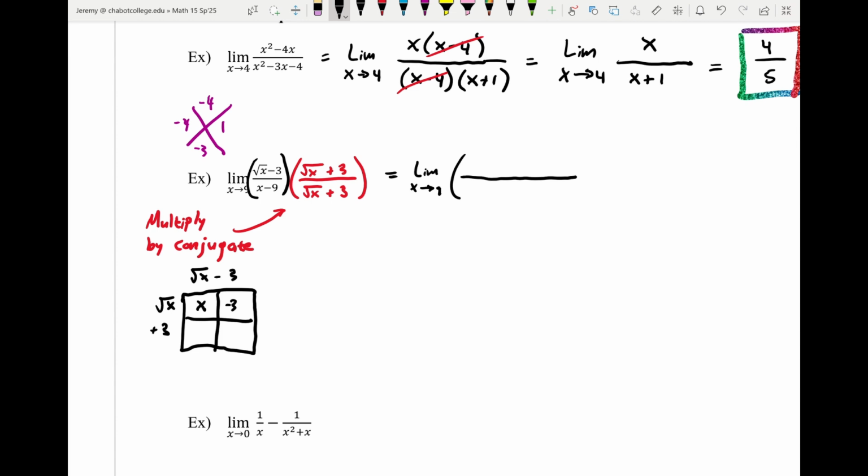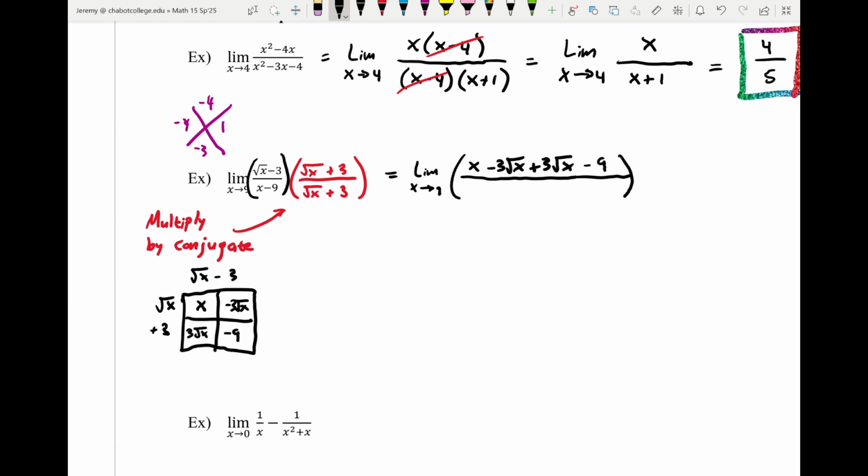Then we have negative 3 root x. Then we have positive 3 root x. And then negative 3 times positive 3 is going to be negative 9. All right, so in the numerator I get x minus 3 root x plus 3 root x minus 9,